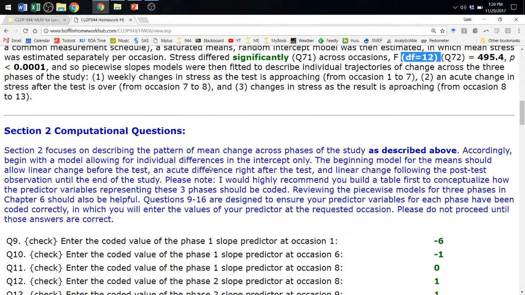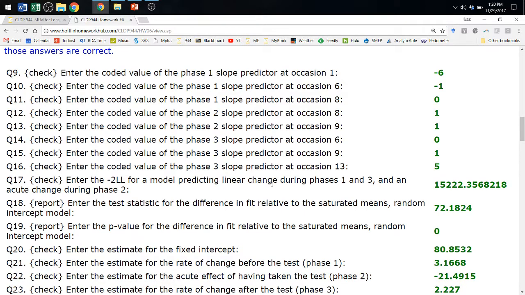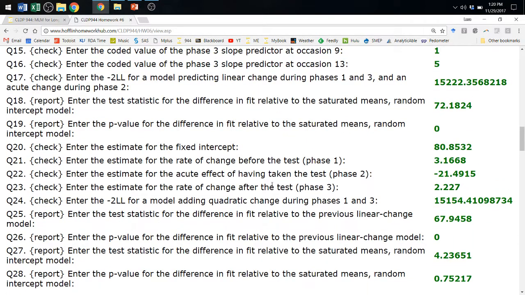Okay. So then I had you set up some slopes. So the first part then was just making sure that your slopes were set up correctly. We went over that in class, and so I think that went relatively well. Then we added linear slopes for each part, from 1 to 7, 7 to 8, and then 8 to 13. I had you then test whether or not that was good enough. So we have